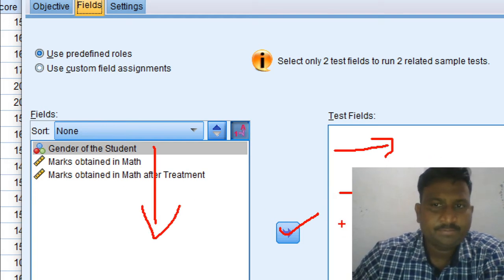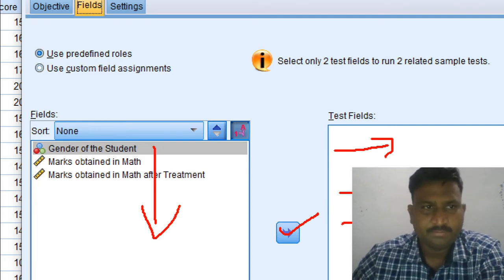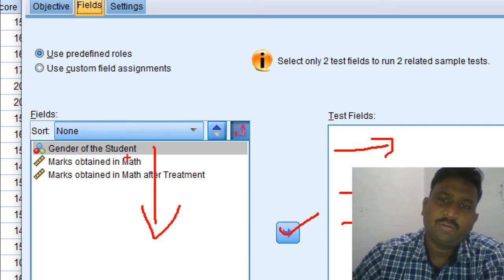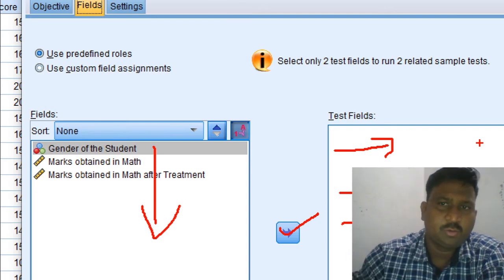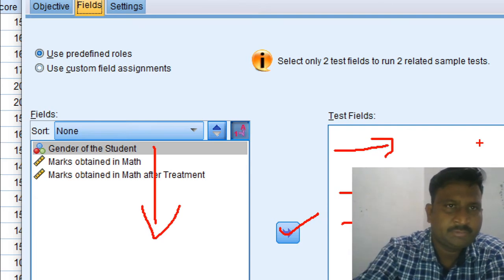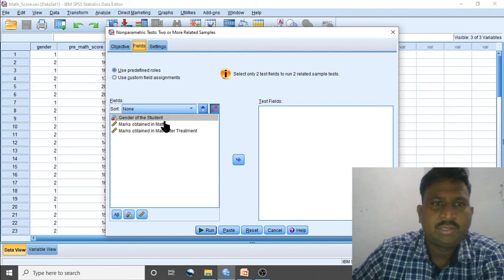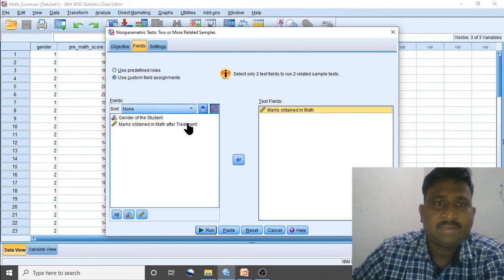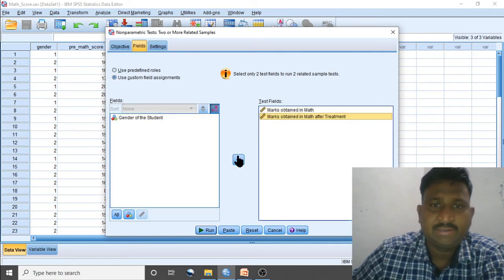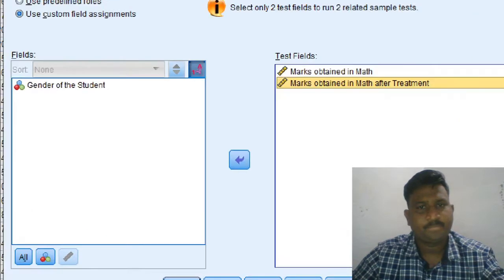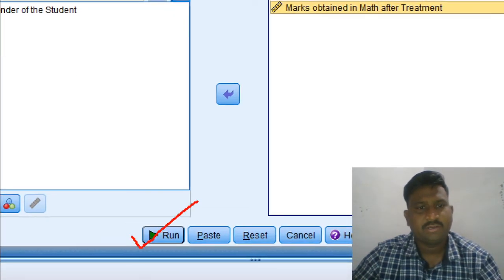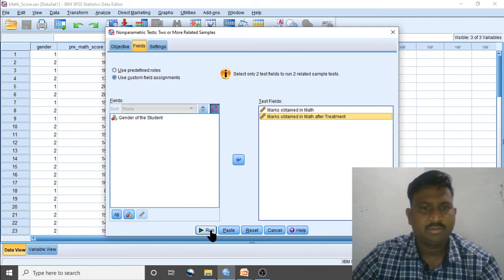It may be 2 samples, maybe 3, maybe more. We have data of two times, so I will send 2 samples here. Select, send, select, send. Thereafter, I need to click on Run.